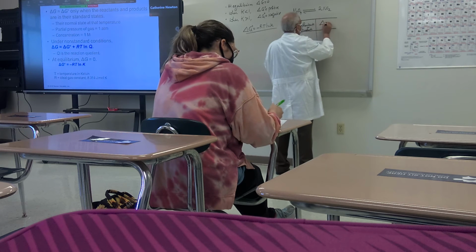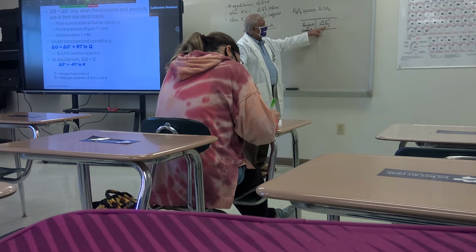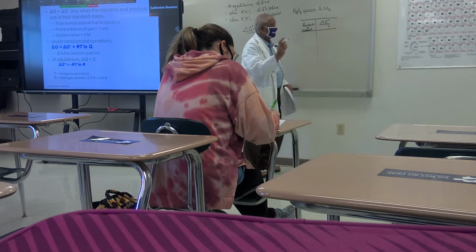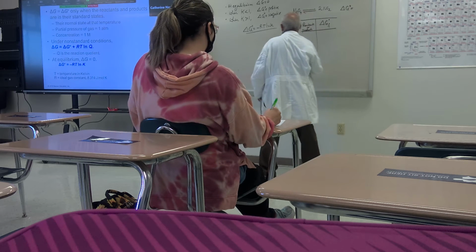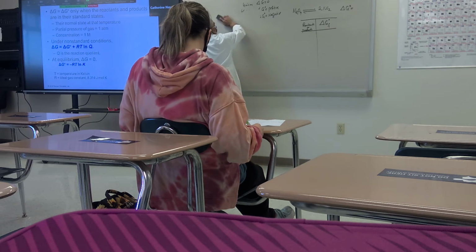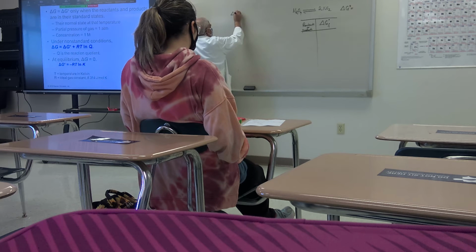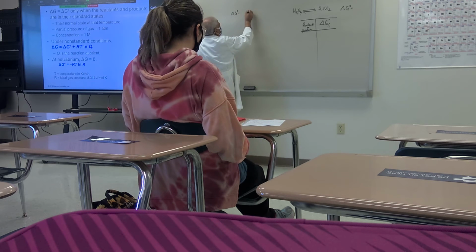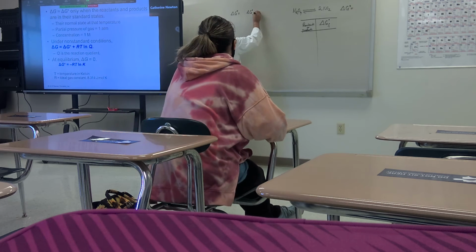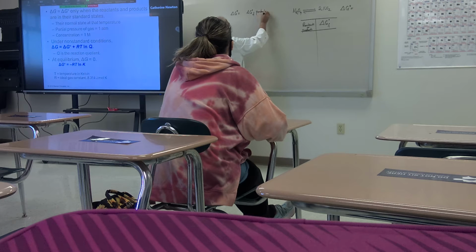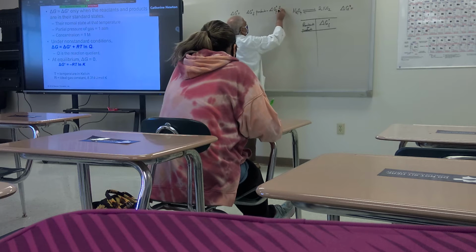And this is your Gibbs free energy of formation 0. Knowing the Gibbs free energy of formation, you can calculate the delta G0. Delta G0 can be determined like this. How? It's very simple. The standard Gibbs free energy change equals the change in Gibbs free energy of formation of the products minus the Gibbs free energy of formation of the reactants.